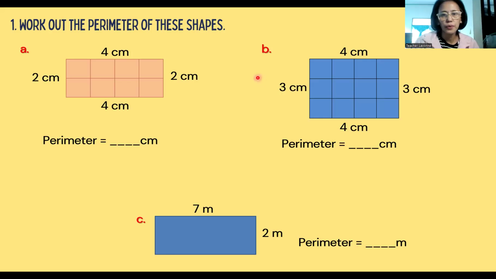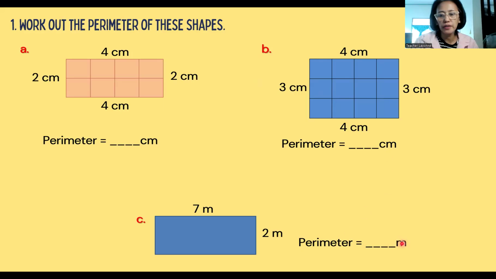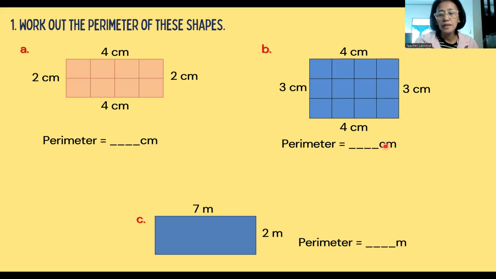Okay, answer now. Yes, Paman, you raised your hand. Teacher, why is the perimeter in meter? Yeah, the unit that I'm using here is meter, not centimeter. This is 7 meter and this is 2 meter. So what's the perimeter of this shape? Maybe this is very long because it is 7 meter. Use meter, not cm. But same procedure, only the unit was changed.